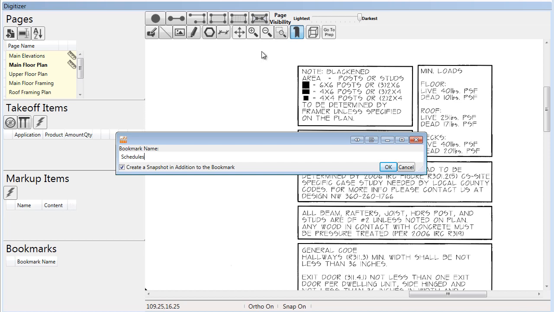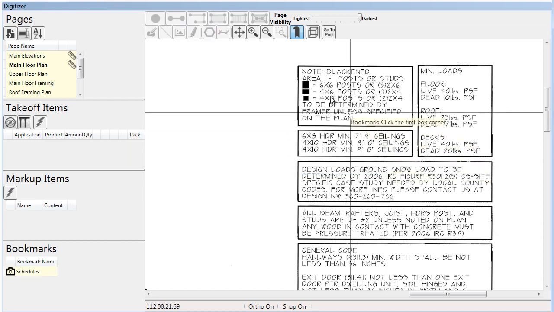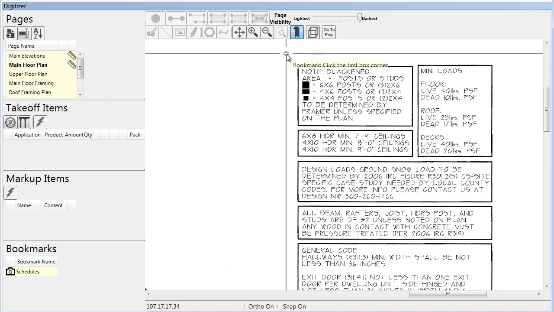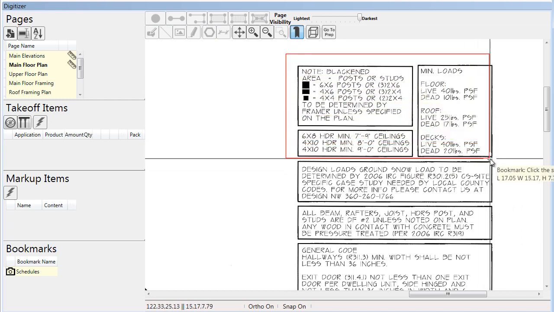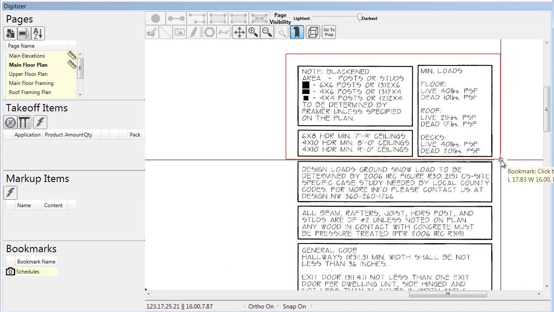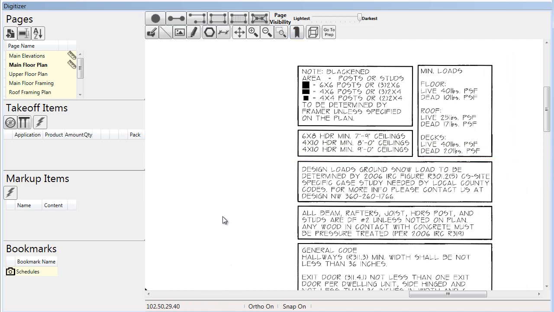and also since we want it to act like a snapshot, we'll leave the snapshot checkbox intact and we'll click OK. And as soon as we do, we'll click the upper left hand corner of the area we want to take a snapshot of or be our bookmark, and the other one down in the lower right hand corner and click it. Now in the bookmarks to the left, you'll see that we have an item called Schedules. If I click on it once,